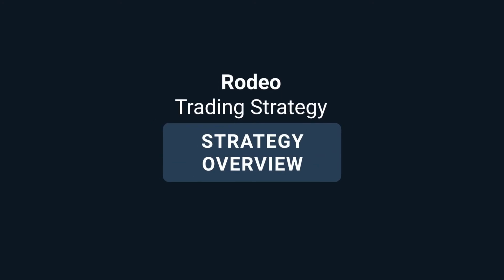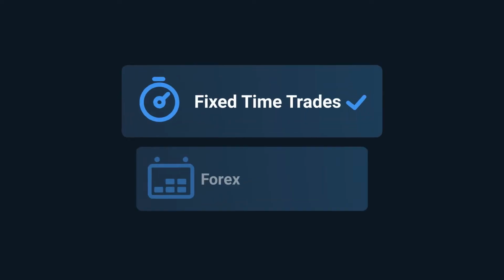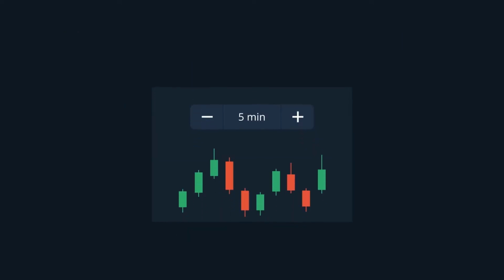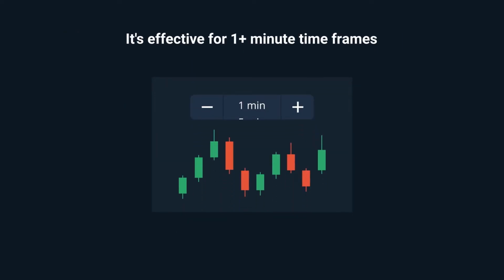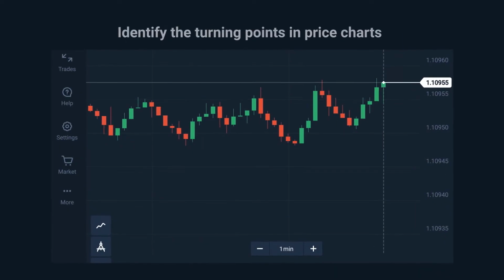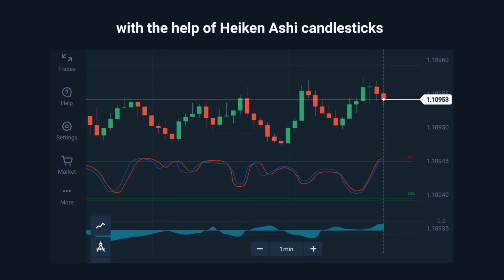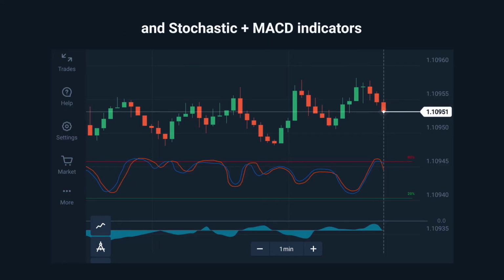In this video, we will discuss the Rodeo strategy for price chart turns. This strategy is applicable for fixed time and Forex trading. It is effective for 1+ minute time frames. The strategy is based on a combination of MACD and stochastic indicators with Heikin-Ashi candlesticks, which help to identify chart